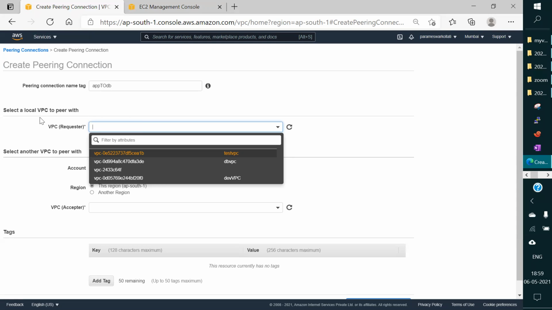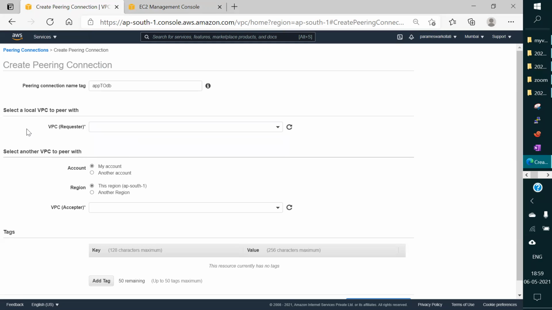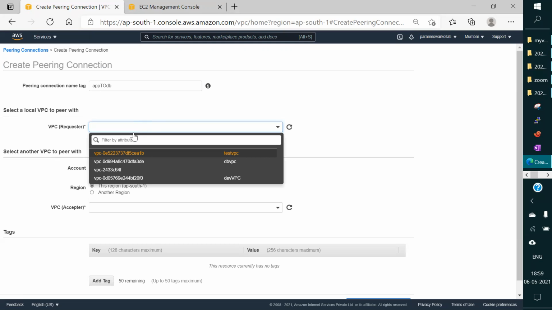What is a local VPC pairing? If the VPCs are in the same AWS account, that is called local VPC pairing. If they are in different accounts, it is called a different pairing, I guess. So if the VPCs are in the same account, then it is called local VPC pairing. We select the local VPC pairing. So for which VPC we need to create a pairing,